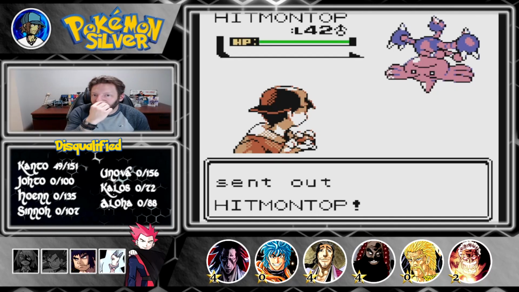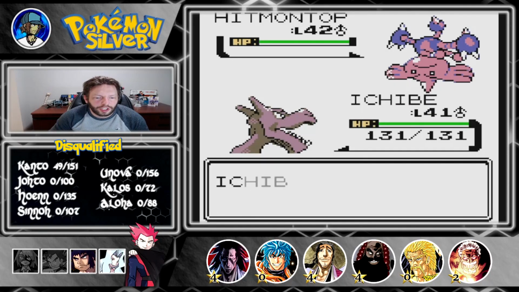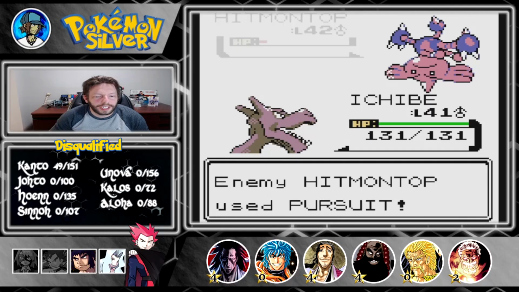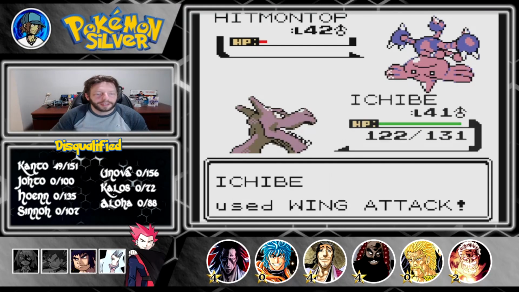So, the Hitmontop to open up. Right, he got a Hitmontop this time. So, Ichibei, jump in there, wing attack this guy. Oh, it's not quite enough. I'm kind of annoyed at that, honestly. Pursuit didn't do anything, but...